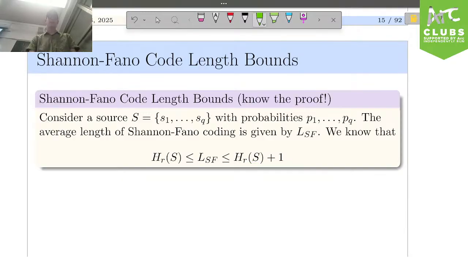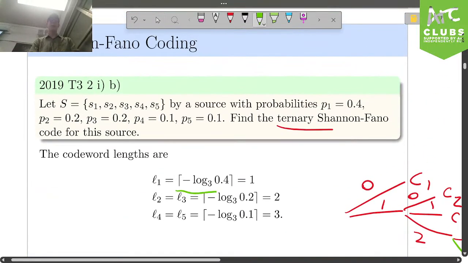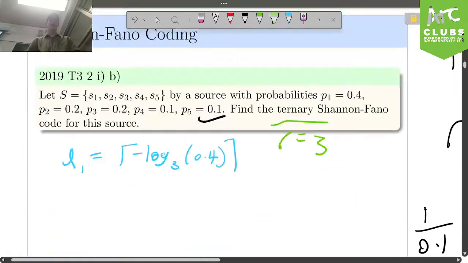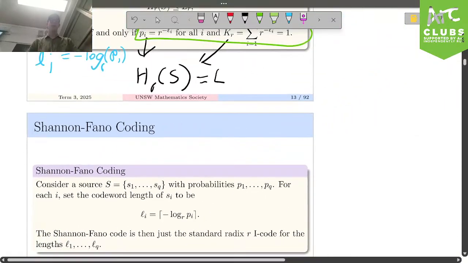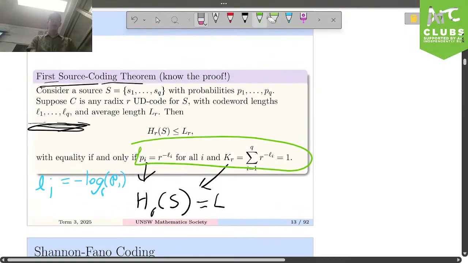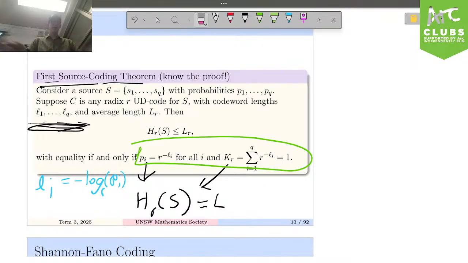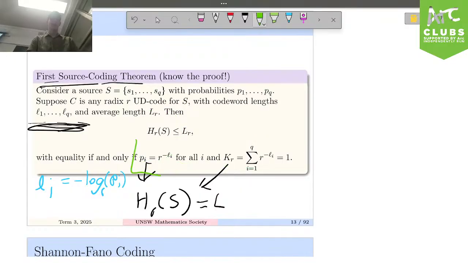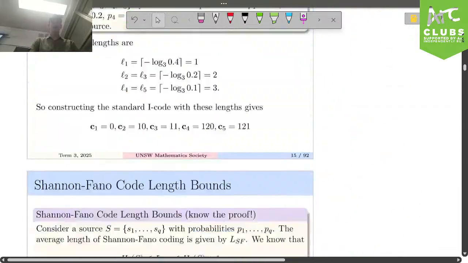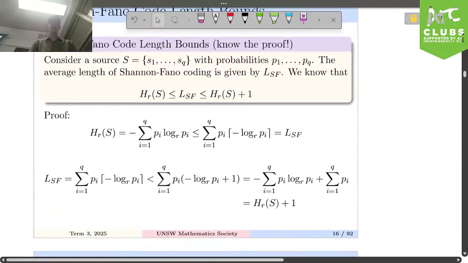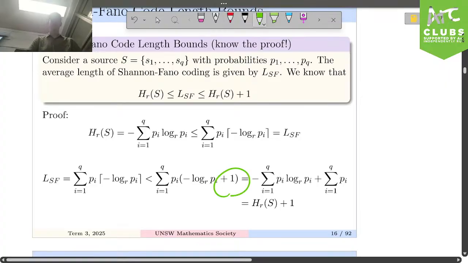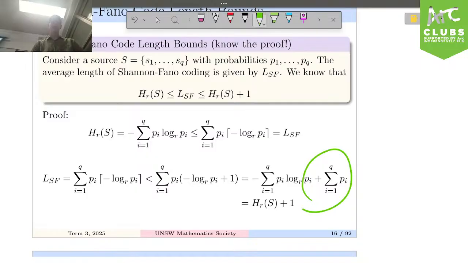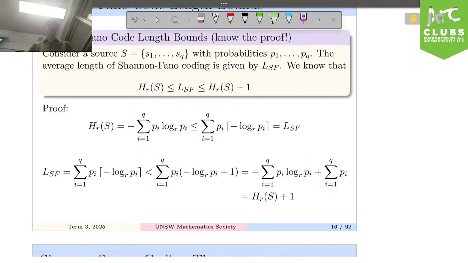And the reason why we can say that effectively is because when we round up, we're no more than 1 away from the nearest integer, and how that shows up in terms of relevance is because we know we're trying to replicate this type of setup, and so we're no more than 1 away from that in terms of every L effectively. And this gives exactly the entropy so that we know we're going to be no more than 1 away. I believe there is actually proofs on this slide for it. Again, you can see it in the lectures, but you can see that 1 plus there comes up mathematically, and that turns out to be a sum over the probability, so you get a 1 plus there exactly. Okay, cool.